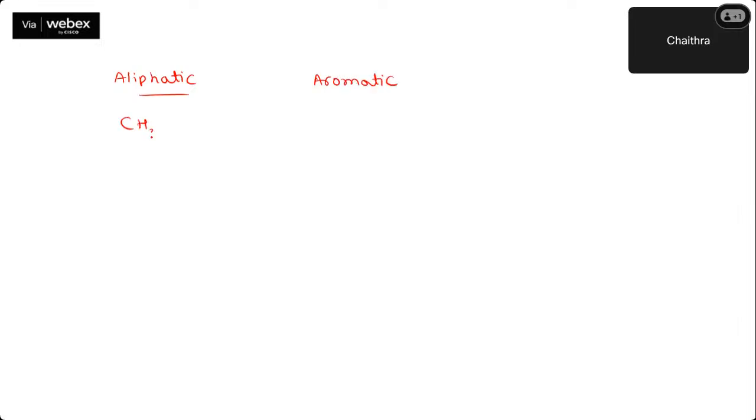So if I write CH3NH2, it is an aliphatic amine. If I write a benzene ring and attach an NH2 group, I can call this an aromatic amine. So this is one more classification. I already spoke about the hybridization. If I take ammonia, what is the hybridization of nitrogen? sp3, bond angle is 107 degrees. All this you have studied in the chemical bonding chapter. So similarly, amines also show sp3 hybridization.